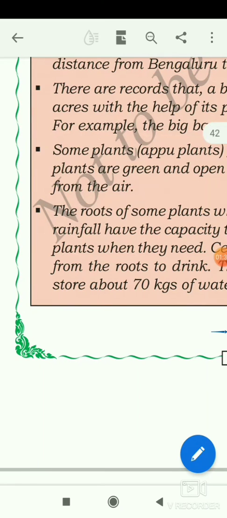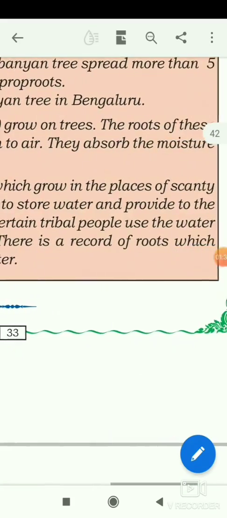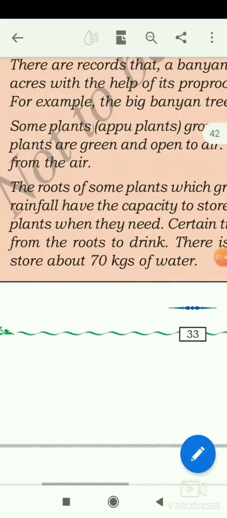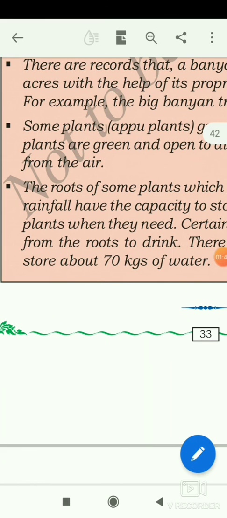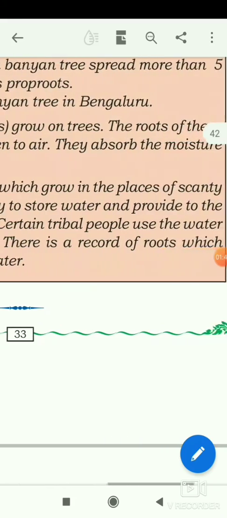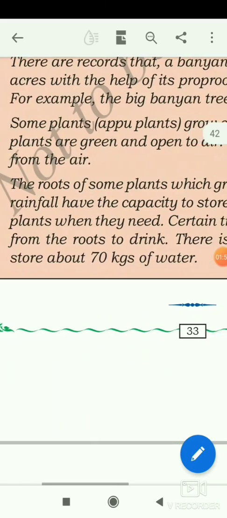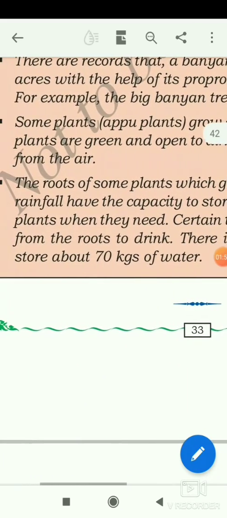The next surprising fact is about the roots of some plants which grow in places of scanty rainfall. Scanty means very little rainfall. These roots have the capacity to store water and provide it to the plants when they need it.